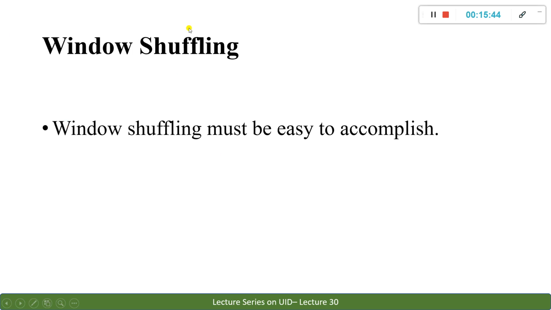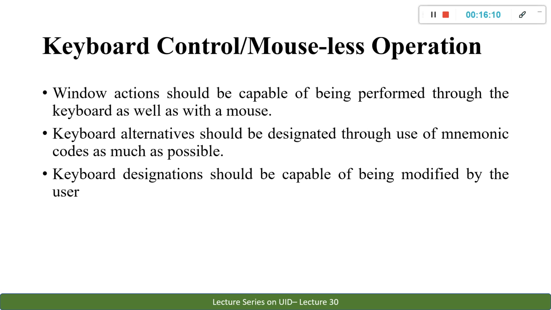Apart from that, you can also try and shuffle the windows. So if you have somewhere around 10 to 15 windows open on your screen and you want to shuffle them, one you put behind, one you put in the foreground, then the background you want to go. So that thing you should be capable of doing, and that is called window shuffling, but it should be done with great ease. You should not take more time and it should not take more steps. It should happen in a few steps.